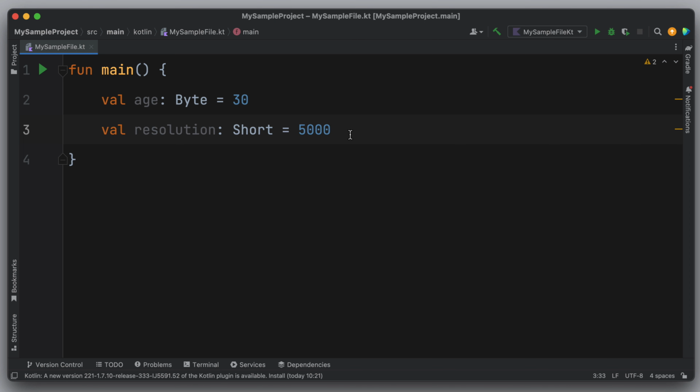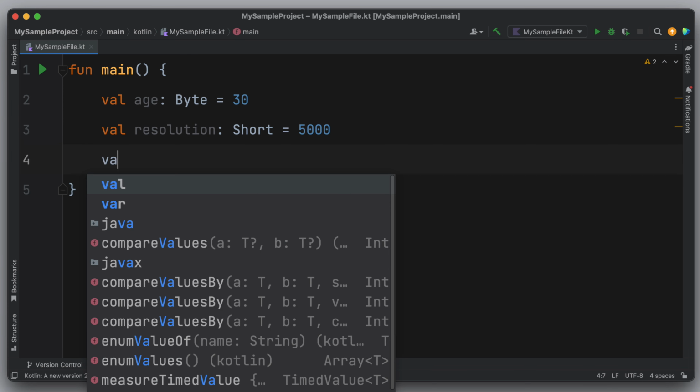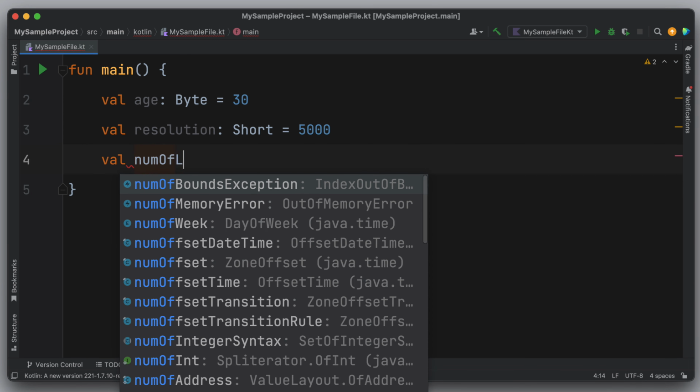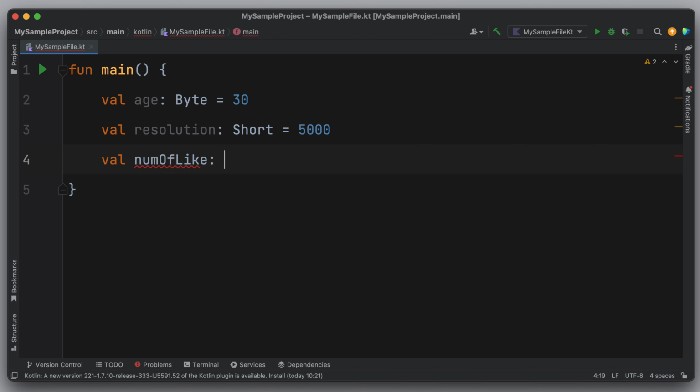In the next example, if we want to store the number of likes in a YouTube video, we can use the int data type. So I create a variable named numOfLike with type int and give it 1 million. Notice that I'm following the camel case convention for naming our variables.